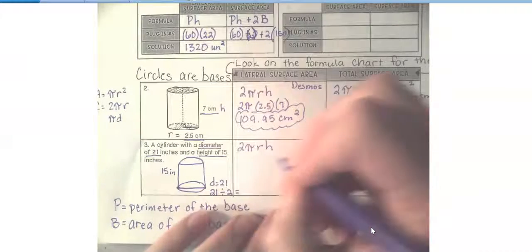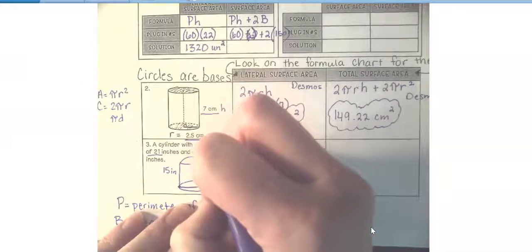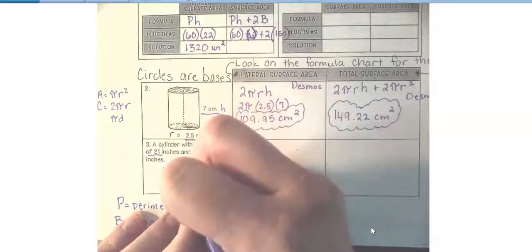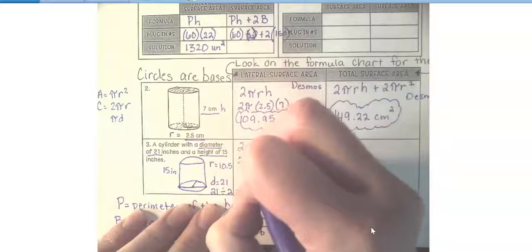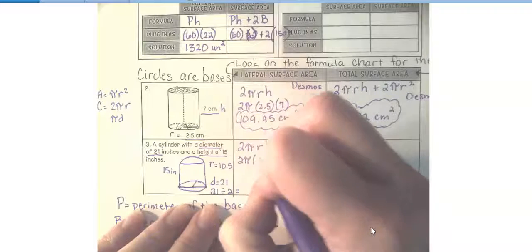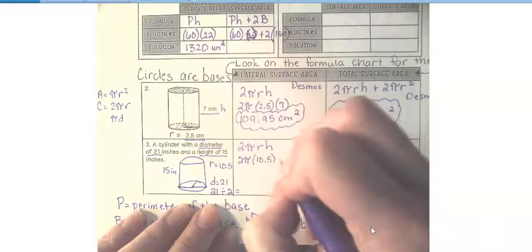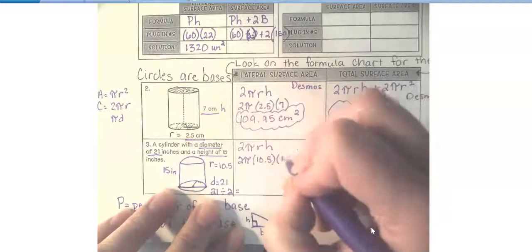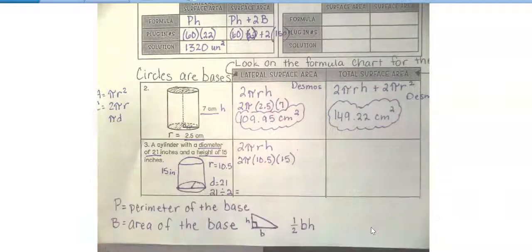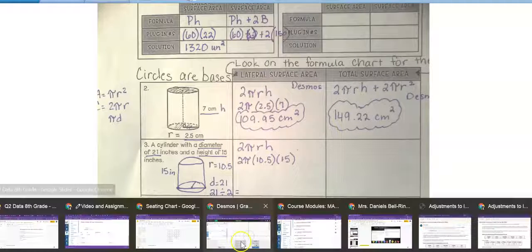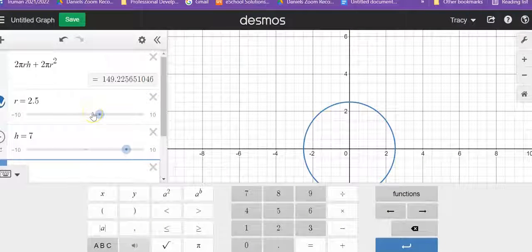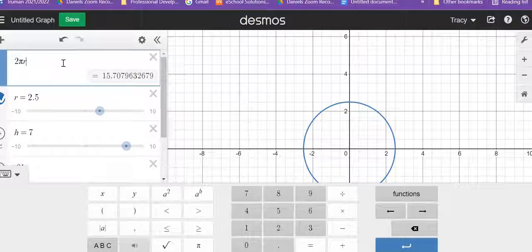Okay, so here's my radius. I'm just going to write it over here. Radius, 10.5. That means from the center to the outside edge, it's 10.5. So the numbers that I want to put into Desmos are 2 times pi times 10.5 times height, which is 15. And that's going to give me my lateral area. So I'm going to go back up here since I'm just doing the lateral area. I don't need the second part. I'm just going to do 2 pi r